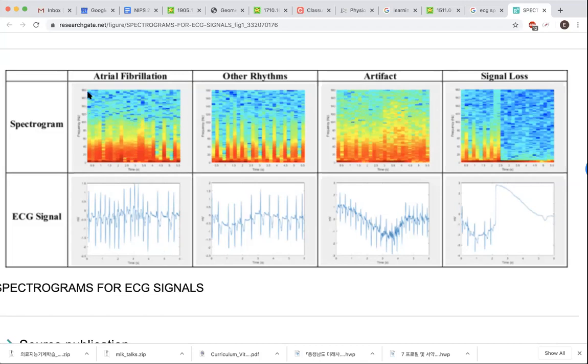So what people do is they apply a convolutional neural network on this 2D spectrogram, because this is a two-dimensional output. You can think of it as an image, and if you have an image, you can use a ConvNet. So you can have a 5x5 filter that walks across this two-dimensional spectrogram, and you can